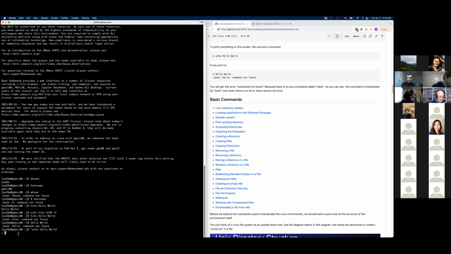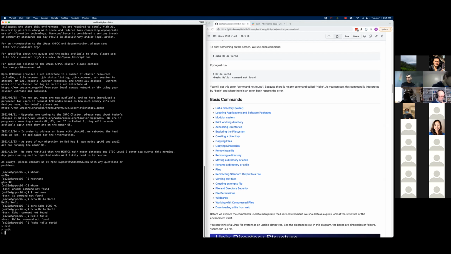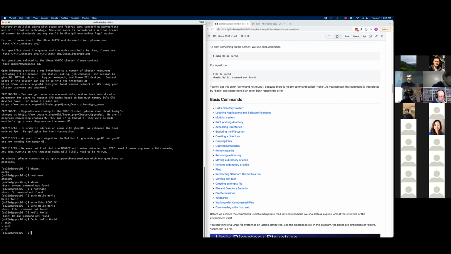So now if I try to type other things, for example, exit, it still gives me this greater sign and I can't do anything. If you find yourself in this situation, you should use Control-C, which is the shortcut for cancel, and it's going to take you out.